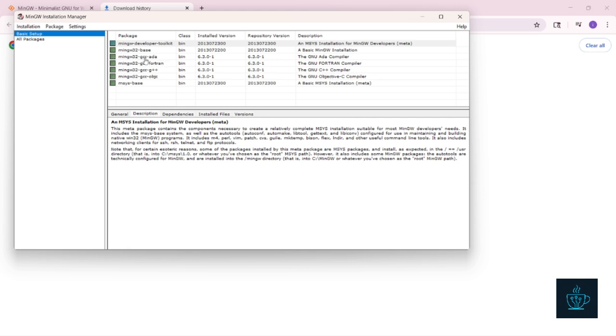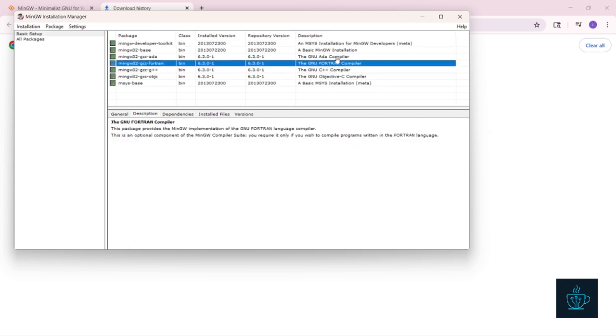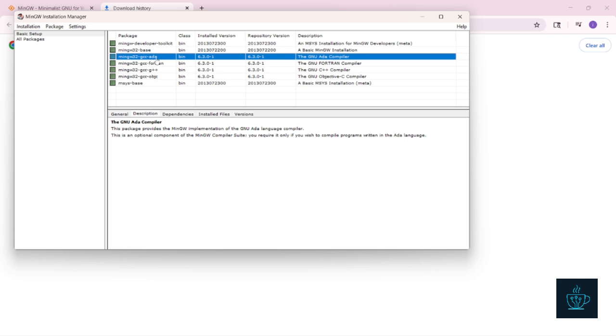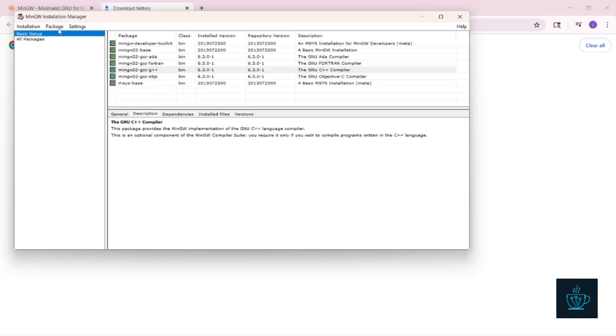GCC is for C and G++ is for C++. You're going to need both compilers. See, compiler. I'm not sure for Ada and Fortran, but just in case, might as well just hit mark for installation. After that, you go to package and you hit mark for upgrade, and it'll start downloading all the packages for you. Once you're done,